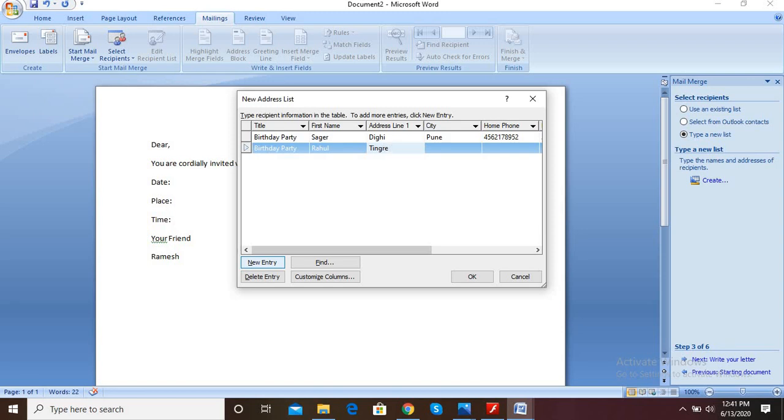Pingre Nagar, then city, phone number, then event date, event time, and venue. Now add the third record.